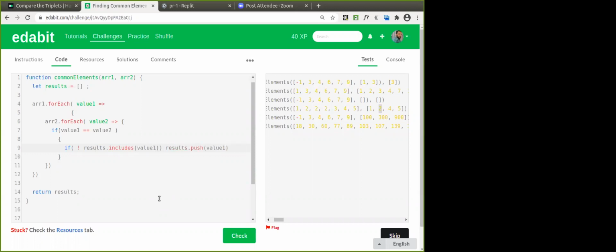Then you are going to push it. If not result.includes of value 1, then we are going to push it. The includes function needs an array, we need to use an array for that, isn't it? Is that okay, everyone? Yeah, let's check this one.